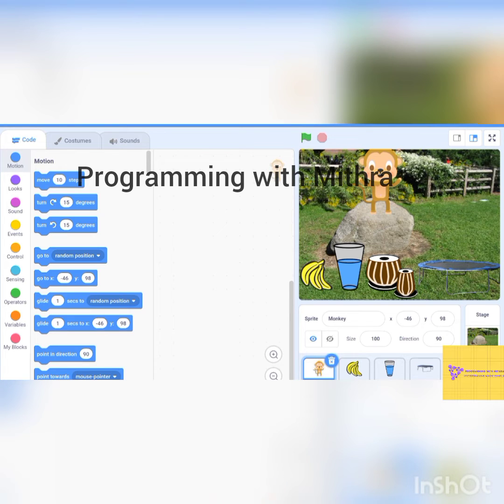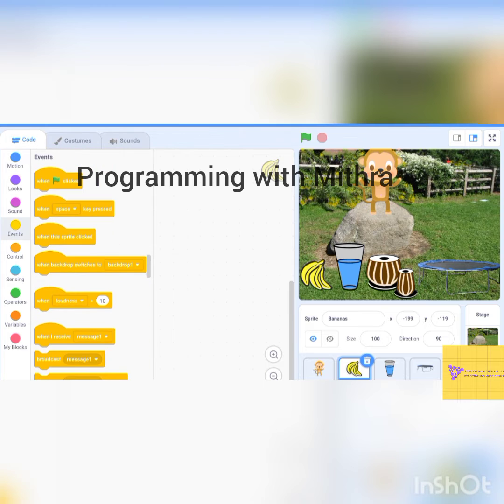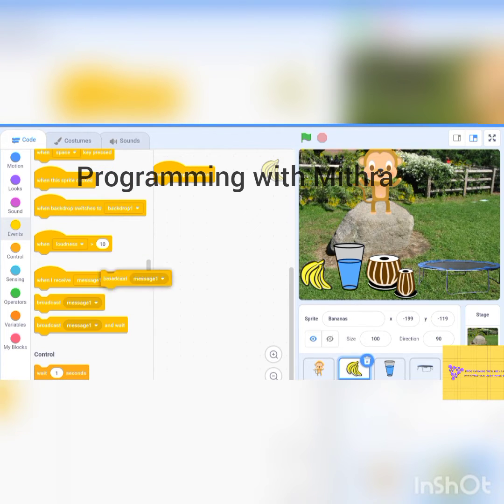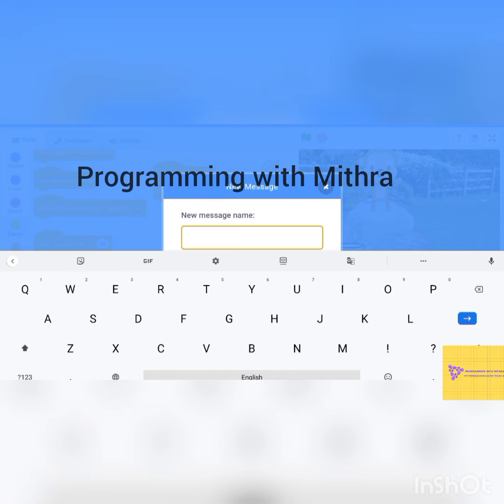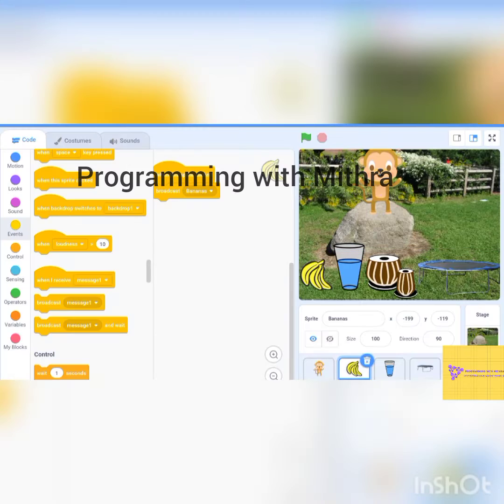So for that we have to click this bananas and go to events and bring this when this sprite is clicked, broadcast message 1, new message. The new message name is bananas. And go to the monkey